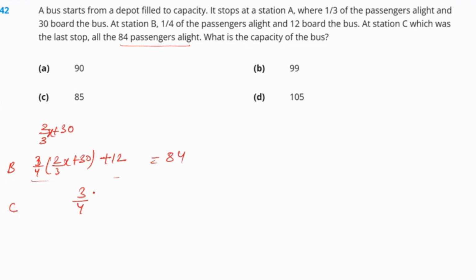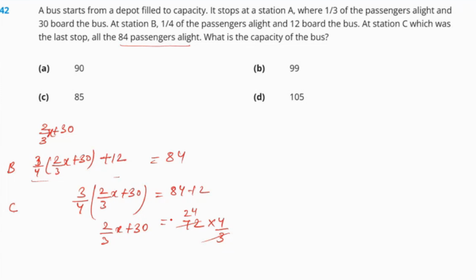So 3/4 of 2/3 of x plus 30. And this 84, when we take it to that side, we need to subtract it from 12. And when we subtract it from 12, we will get 72. Okay, friend, this 3/4 we can put over here. We are getting this. So 2/3 of x plus 30 will equal this. When we solve it, we will be getting